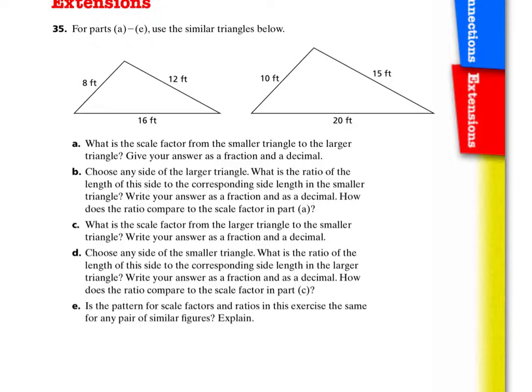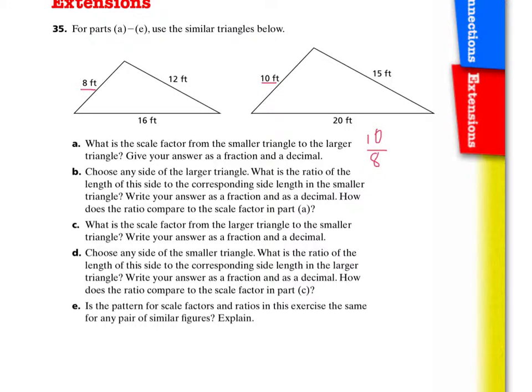Alright, 35. Ooh, it's got parts A through E. Let's get started on this. Okay, 35A. What is the scale factor from the smaller triangle to the larger triangle? Give your answers as a fraction and a decimal. Yippee! Here we go. A fraction. So what we can do is just say this 10 here, which corresponds with this 8 feet here. So we can say 10 over 8,